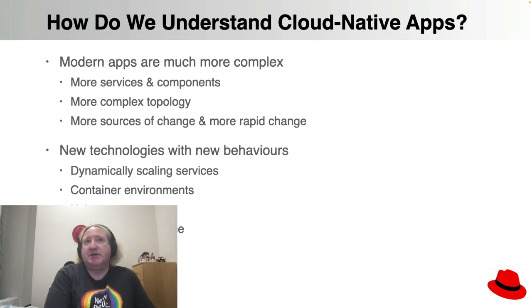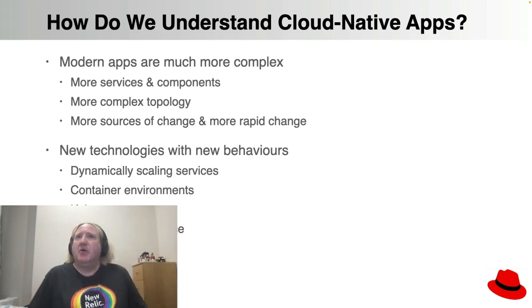Not only is that complexity and that more rapid change a major factor, we also must understand that there are new technologies with genuinely new behaviors of the type that we have never seen before. I mean things like services which scale dynamically. There are, of course, containers. There are things like Kafka. There are function as a service and serverless technologies. And then finally, of course, there is Kubernetes, which is a huge topic in and of its own right, and one I'm sure that several of my colleagues and the other speakers will be talking to. I won't be saying a great deal about Kubernetes, don't worry.